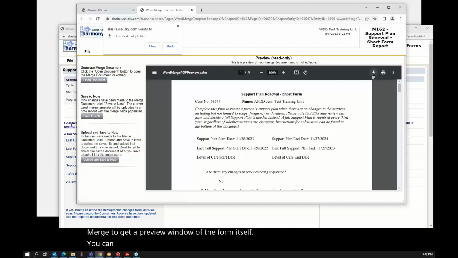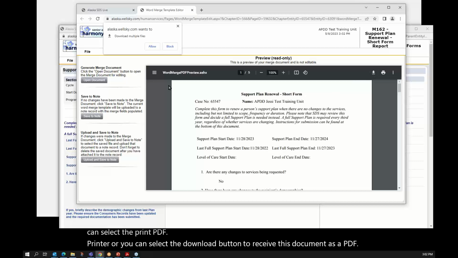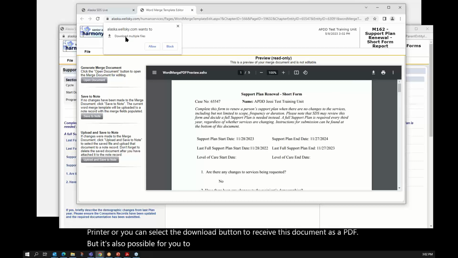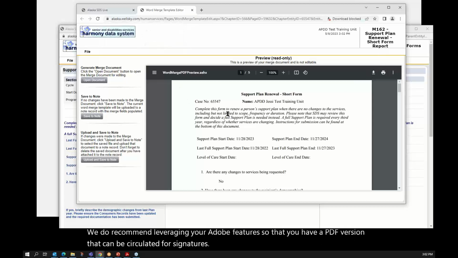You can print a PDF by selecting the download button over here, or you can select the print PDF printer, or you can select the download button to receive this document as a PDF. But it's also possible for you to receive this as a forced download as a Word version. We do recommend leveraging your Adobe features so that you have a PDF version that can be circulated for signatures. Once you've done that, circulated the short form for signatures,